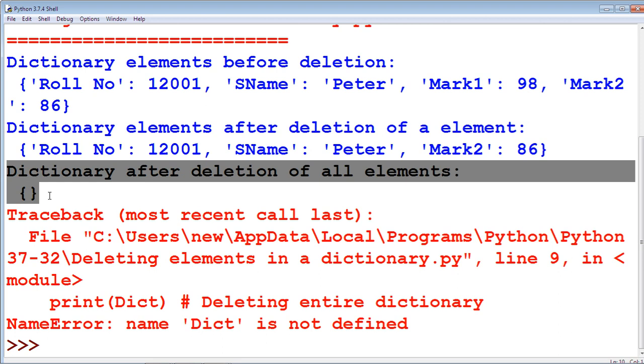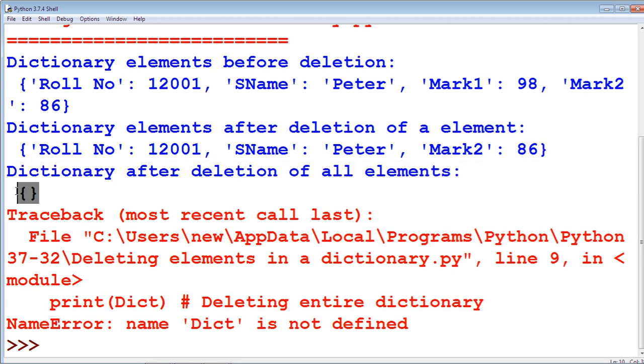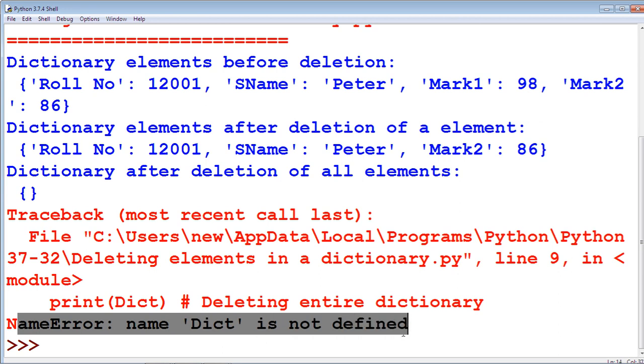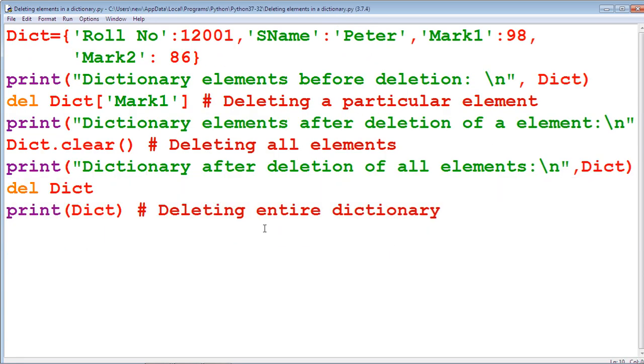After deleting all the elements of the dictionary, we get only the empty dictionary. After deleting the entire dictionary, we get the name error, that is name dict is not defined. That means dict is already deleted. So this program is used to illustrate deleting elements in a dictionary.